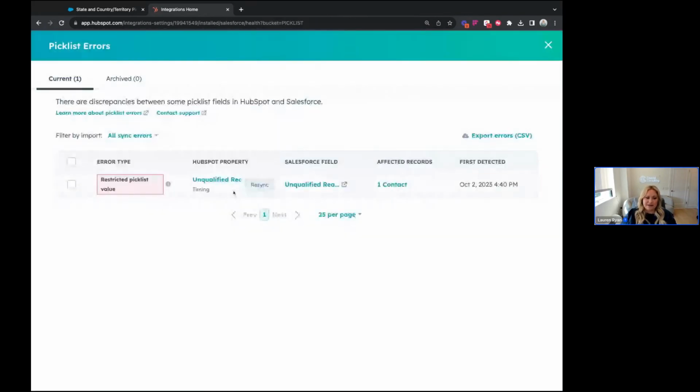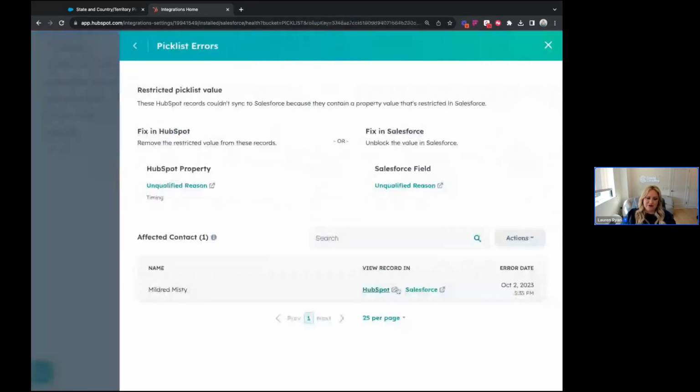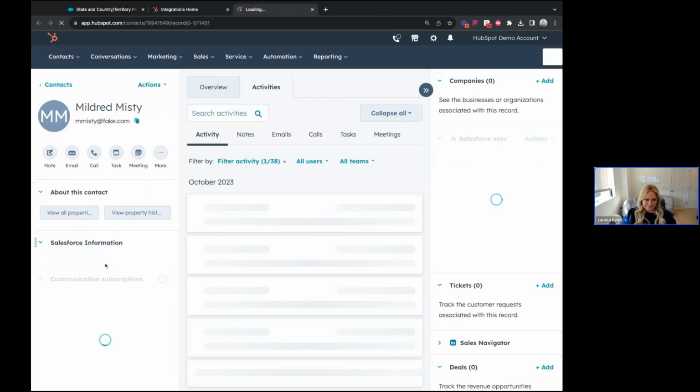Next, pick list. This is a different restricted pick list value, but the reason is different. This does not have to do with an inactive pick list value. Fun and tricky, I know. So here we can see that the fix in HubSpot is to remove the restricted value. The fix in Salesforce is to unblock the value. Great, that's super clear. So if we open up Mildred and look at unqualified reason,